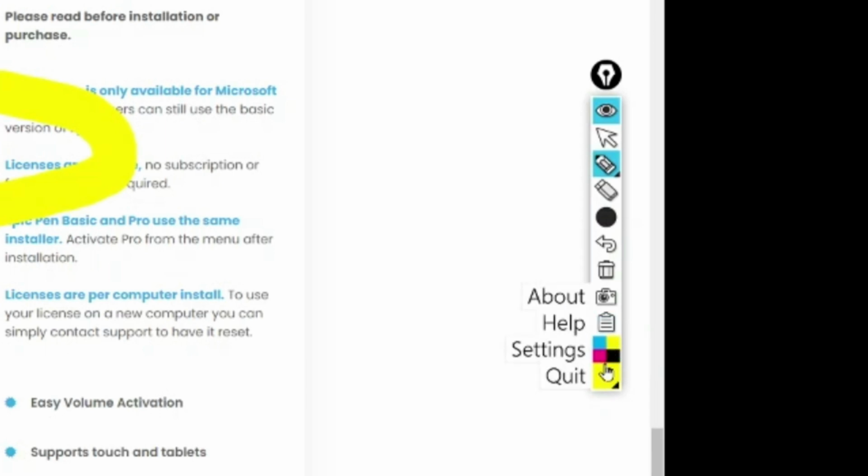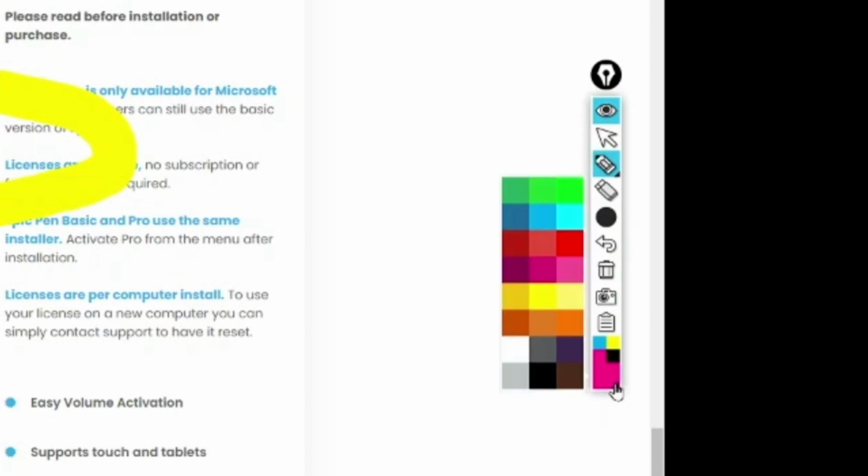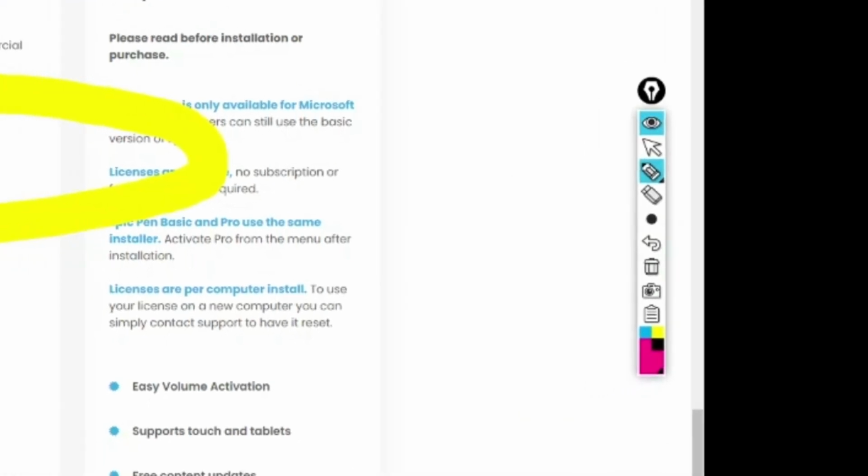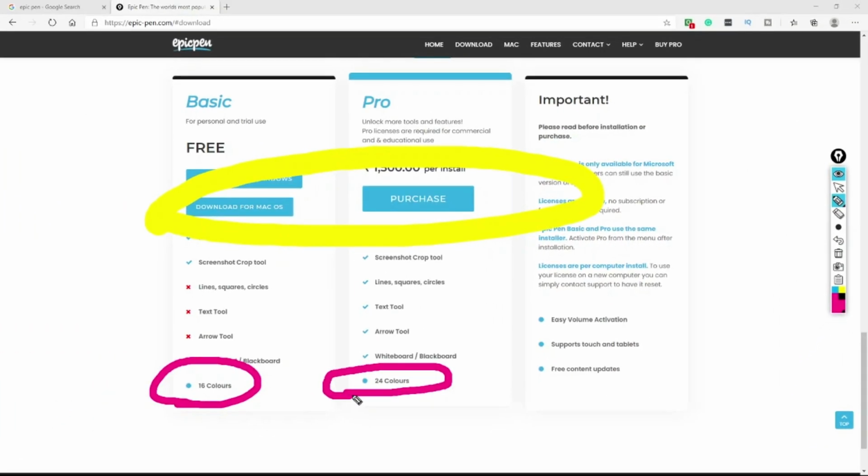Here it is giving you a few colors, which are the primary colors you might be using, like magenta, black, yellow, blue. On the bottom here you can see a small thing. If you click on this, the free version gives you the option of 16 colors. In the pro version it will give you 24 colors. I will try and see if I can use my friend's computer and probably show you what all options are available in the pro version as well. But till that time, I believe this is a fairly good thing.